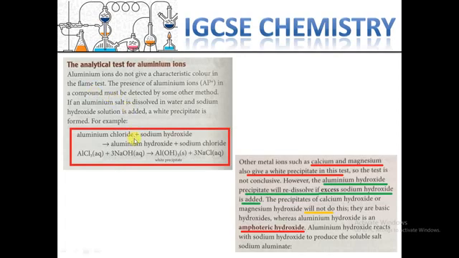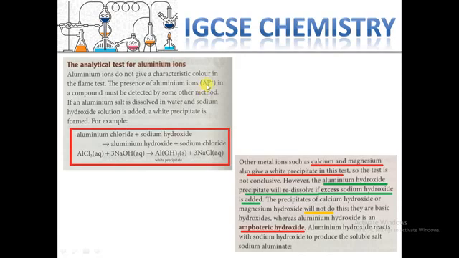So it can be recognized if we add sodium hydroxide to the compound that we don't know what it is. Okay, we have aluminum chloride, but just imagine that we don't know that it is aluminum chloride. We add sodium hydroxide. If we get a white precipitate, which is aluminum hydroxide, that means the compound contains